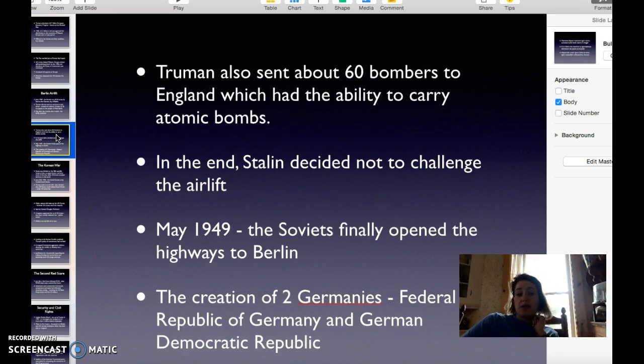Truman also sends about 60 bombers to England, which had the ability to carry atomic bombs if necessary. In the end, Stalin rather smartly decides not to challenge the airlift. By 1949, the Soviets finally opened the highways to Berlin, and this essentially creates two Germanys, the Federal Republic of Germany and the German Democratic